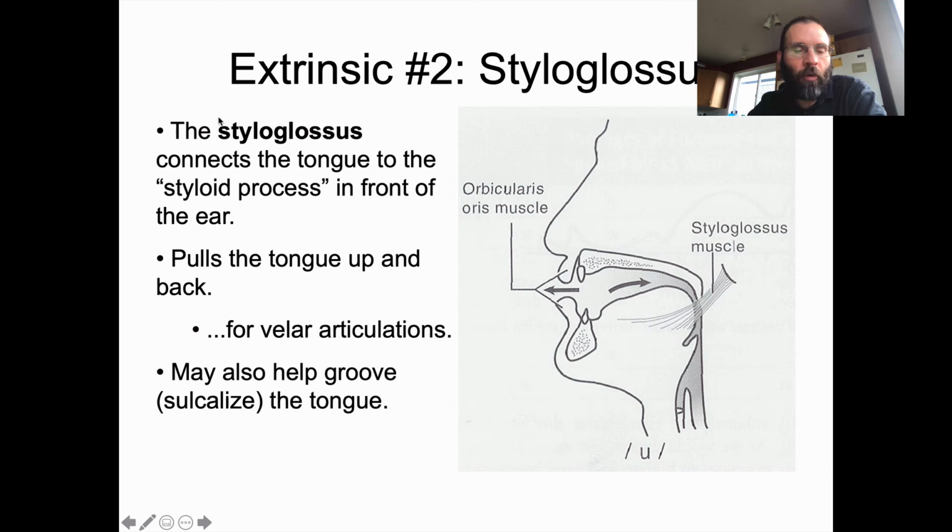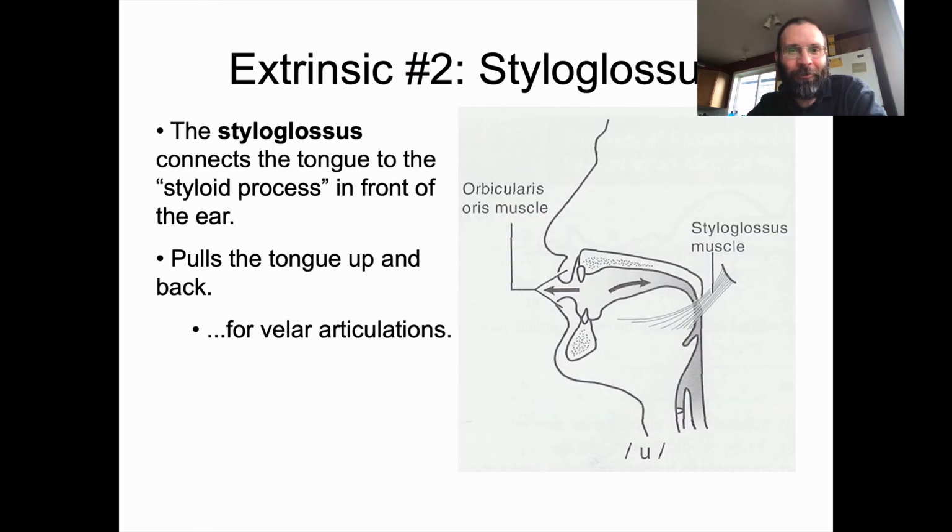And we've seen way back in 341 that you often sulcalize the tongue when you're producing an articulation like S, to guide the flow of air through your vocal tract and point it up straight towards the teeth to give you that strong sibilant effect of an S. Okay, so that you might rely on to help remember that it's the styloglossus as opposed to the